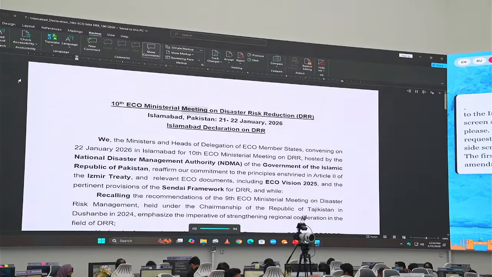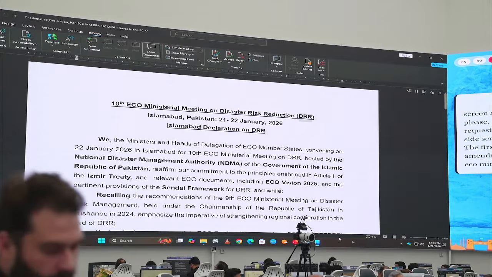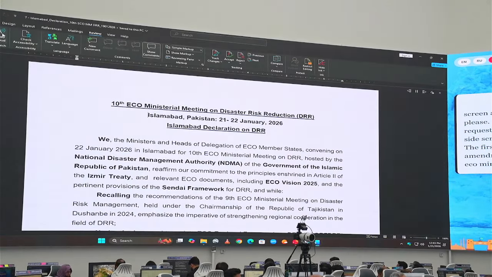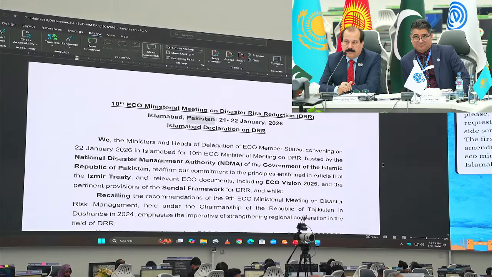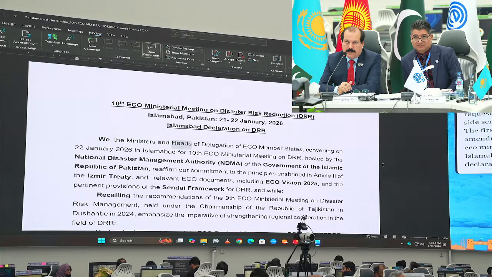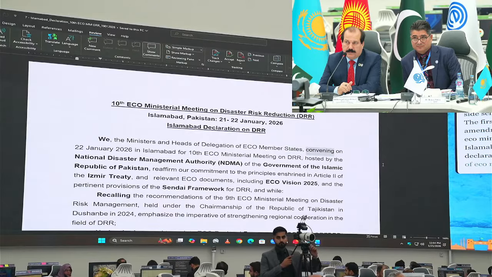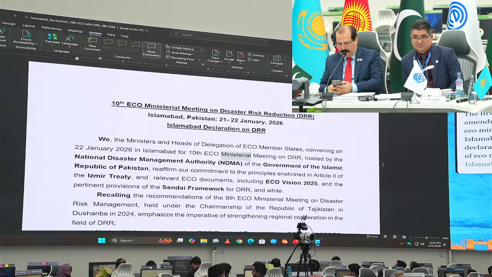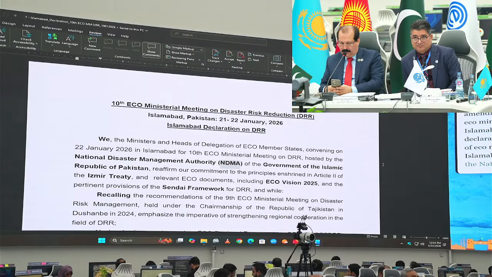10th Eco-Ministerial Meeting on Disaster Risk Reduction, DRR. Islamabad, Pakistan, 21 January 22nd, 2026. Islamabad Declaration on DRR. We, the ministers and heads of delegation of ECO member states, convening on January 22nd, 2026 in Islamabad for 10th Eco-Ministerial Meeting on DRR, hosted by the National Disaster Management Authority, NDMA, of the Government of the Islamic Republic of Pakistan,